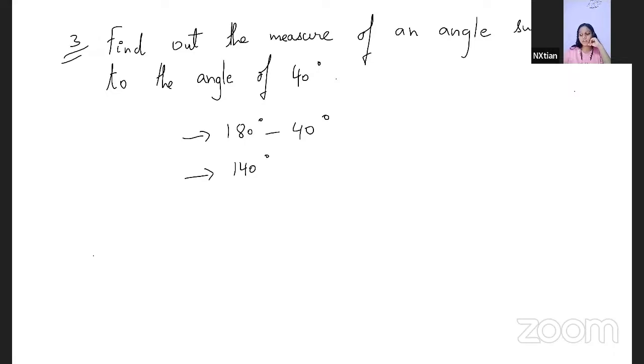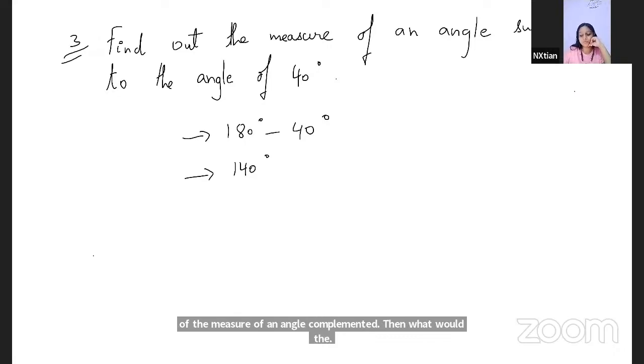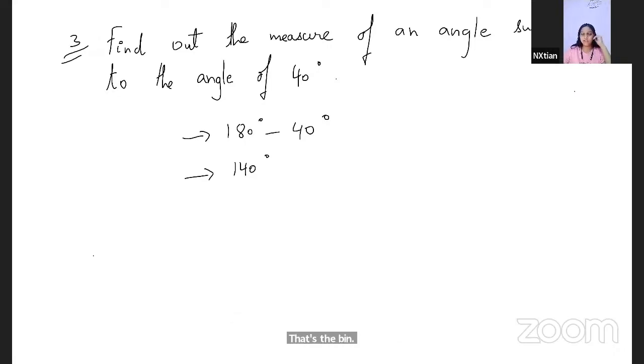Okay, so this is how we find the measure. If it were complementary, find the measure of an angle complementary to the angle of 40 degrees, then what would the answer have been? Ma'am, it would have been 50. Yes, 50. Because complementary means the total